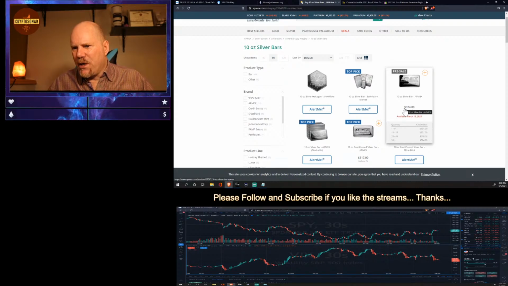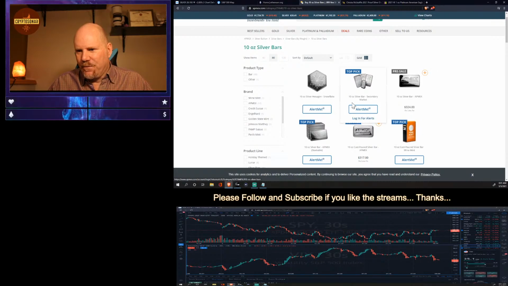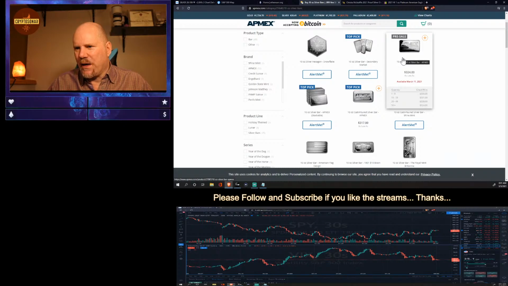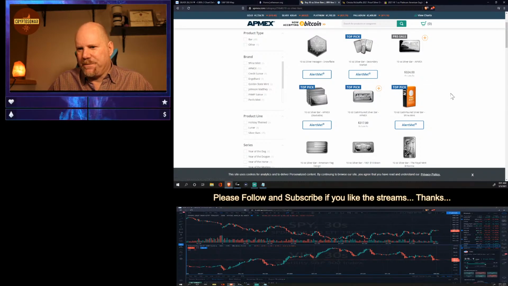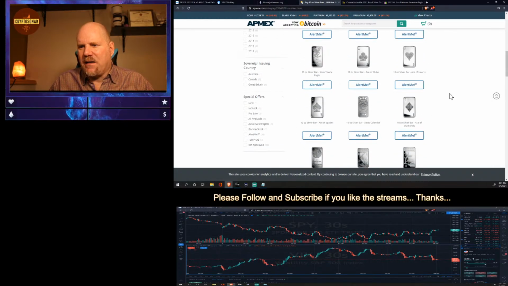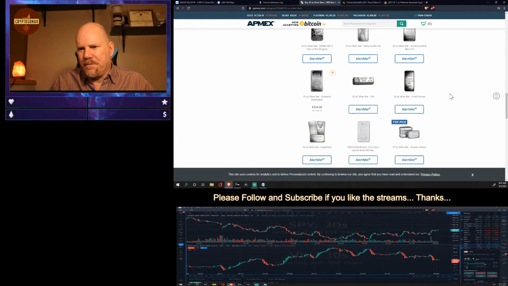10 ounce silver bar, pre-order, available March 11th, $324 for a 10 ounce bar. APMEX brand, which means this is a bullion dealer and a refiner. They refine silver, they slap their name on it, and they sell it at $32.40 an ounce. Pre-order means you can order it in a pre-sale and they'll have it for you. Everything else is out of stock. Anytime you see alert me on this site, you can't get it.